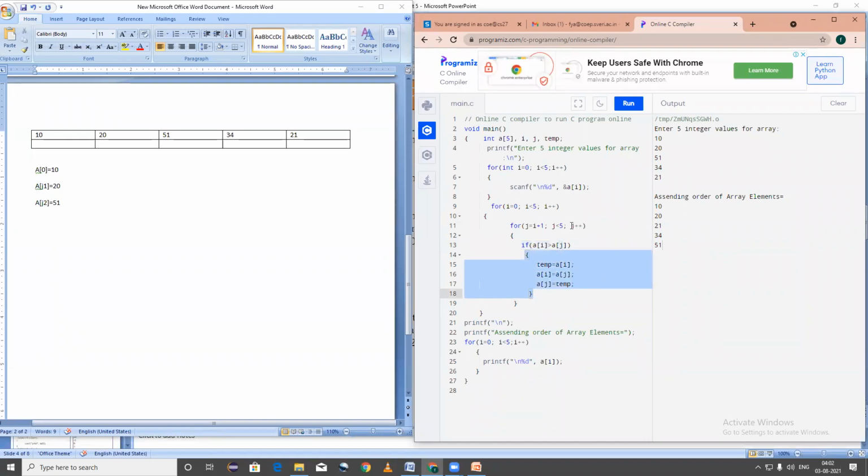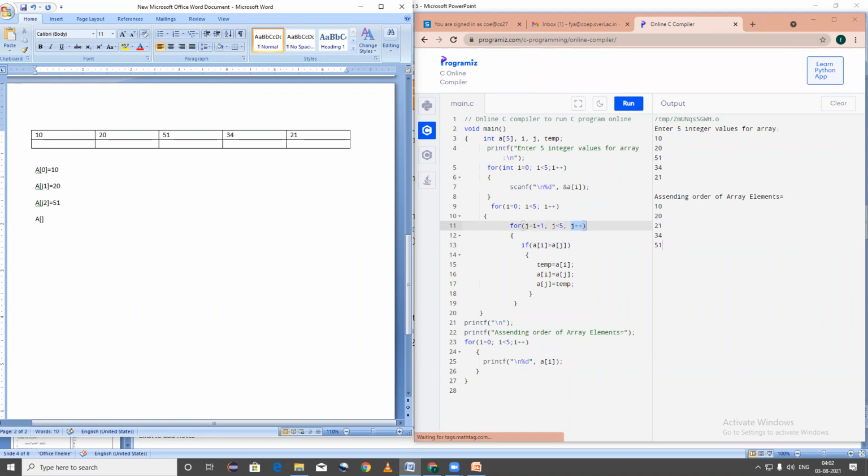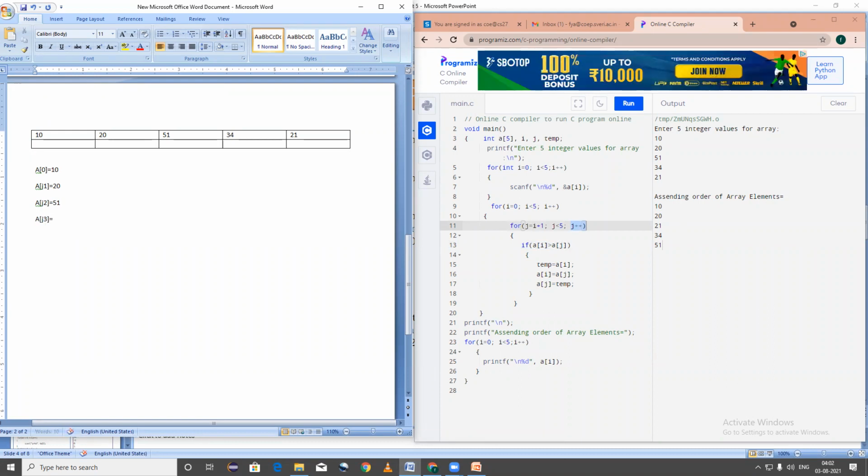So again it will not execute this loop. Again it will go outside this and it increment the value of j variable. So now A of j 3, 2 plus 1, that is 3. So can you tell me the value of j3? 34. 34. Okay. Now again 3 is less than 5. The condition is true. Now here A of I, that is what? Your first value 10. Whether 10 is greater than 34? False. False.